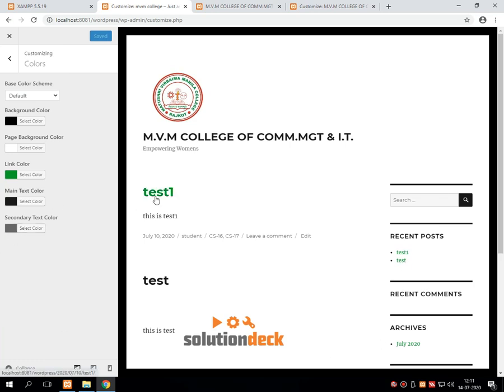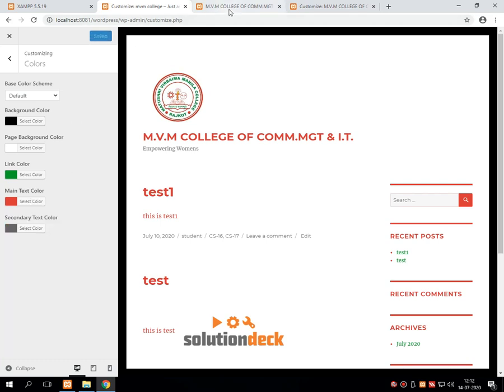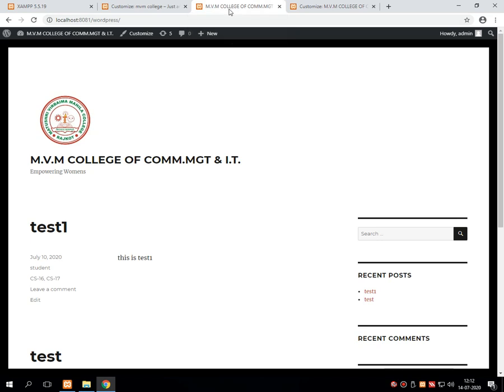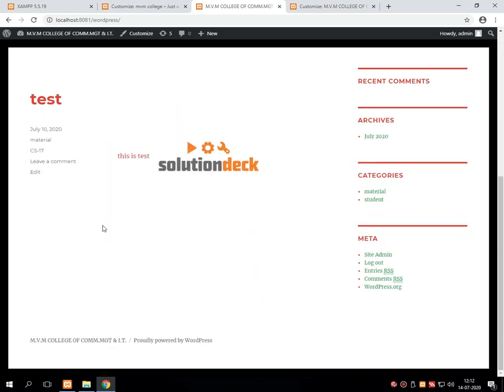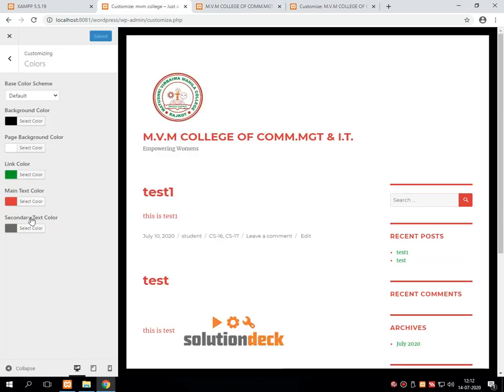Now suppose I want to change the text color, then into the main text. Suppose I am selecting a red color, saving it, automatically it will change the color of all the text which is present in the entire page.